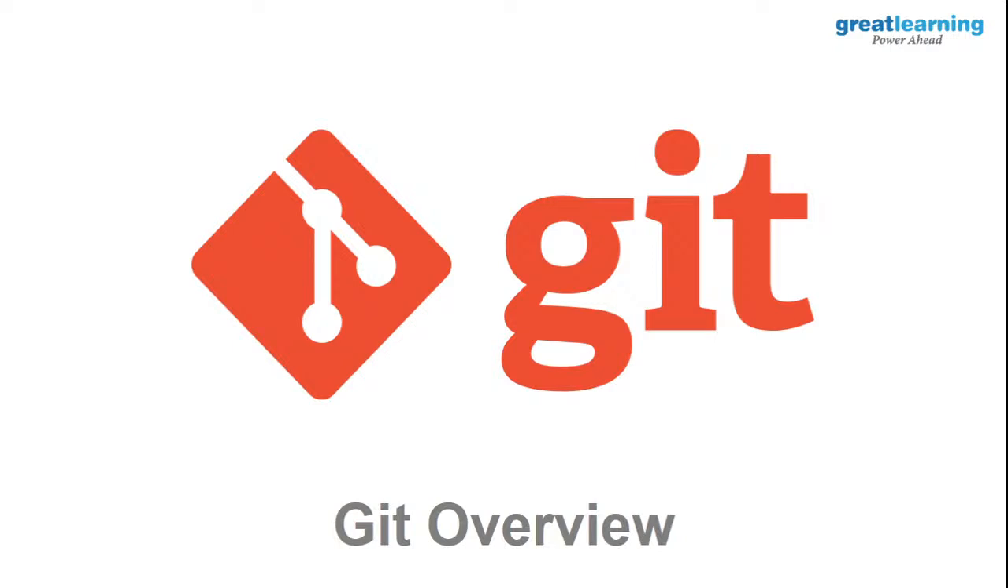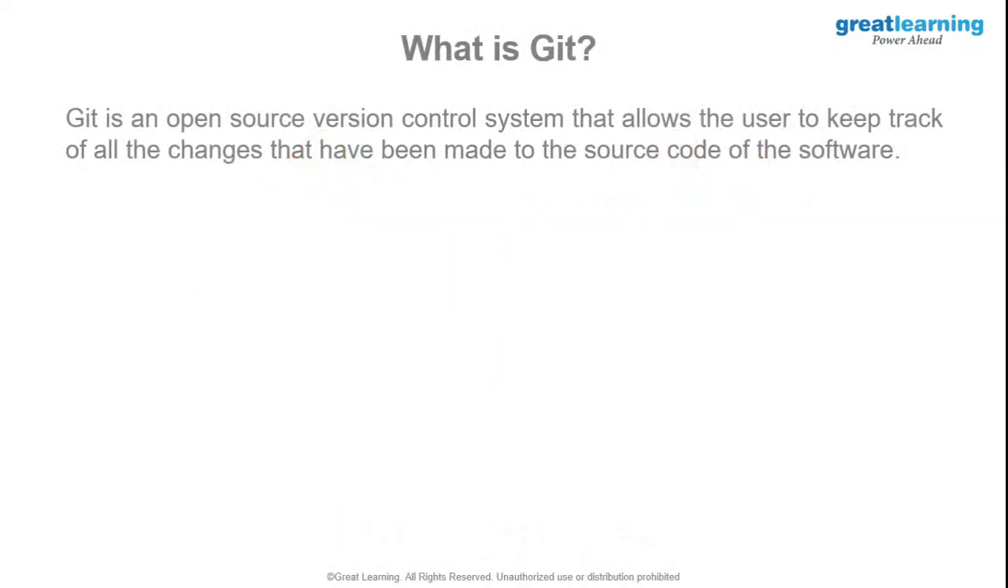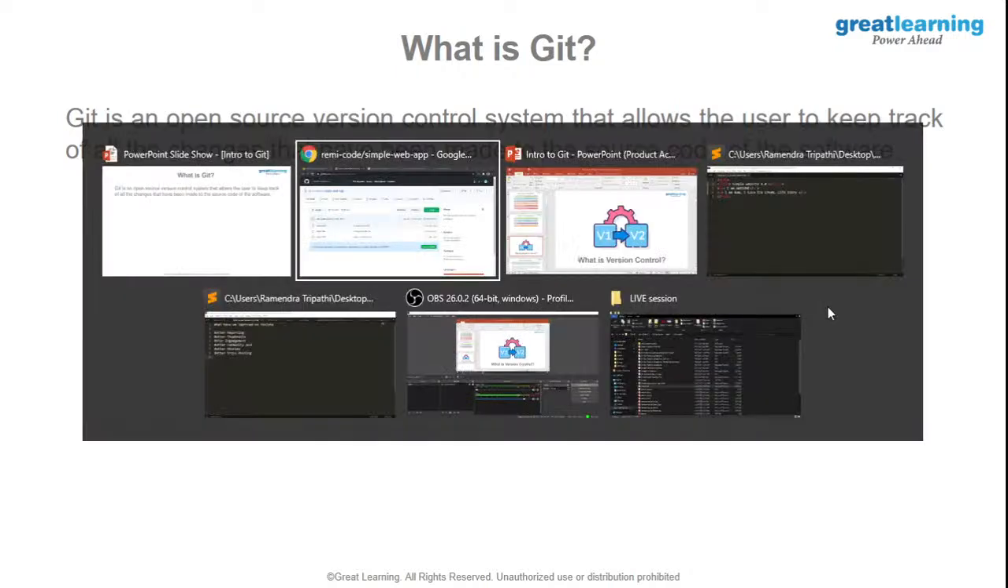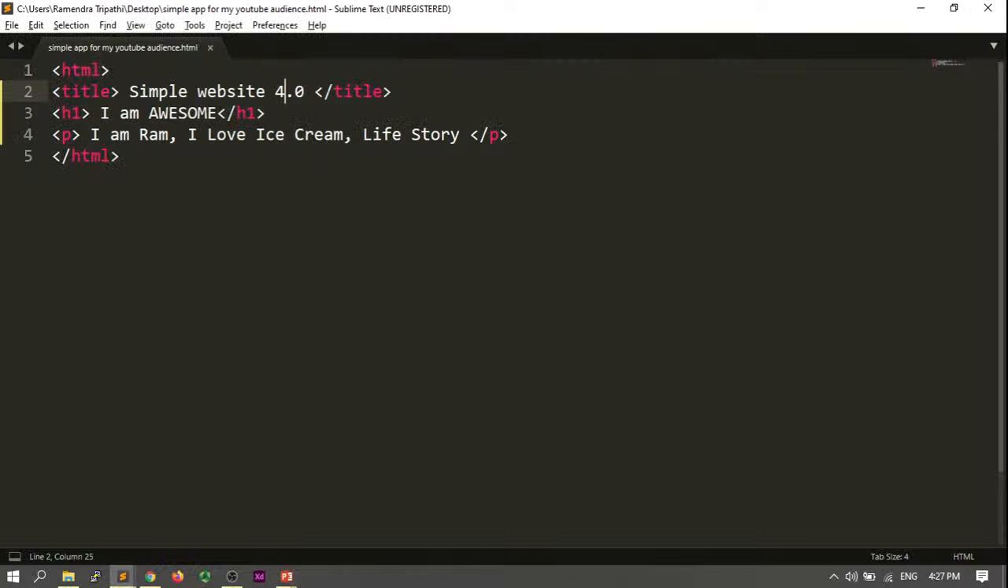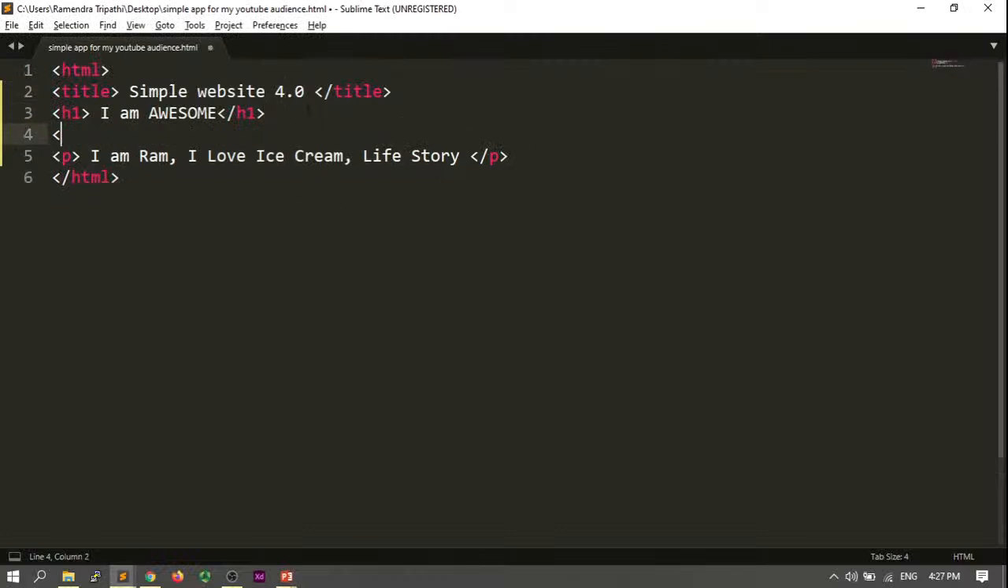So let us continue with Git. Git is basically an open source version control system that allows users to keep track of all the changes that have been made to the source code of software. So basically, whenever you make any changes, Git knows that you made those changes. If I say that I add a new tag over here, let's say it's an h2 tag, and I will call this